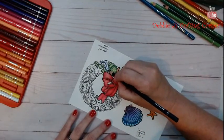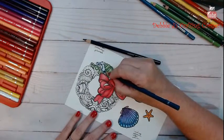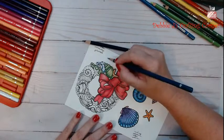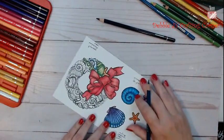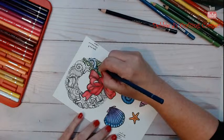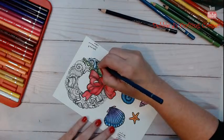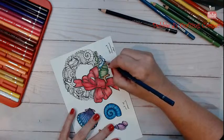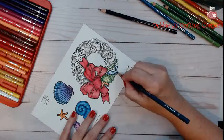That is pretty. I'm going to come back in with this mid-tone. Let's pull some color. This is going to go really well with the Peacock. Peacock actually reminds me of Peacock Feathers distress ink. I think those colors are really close, which may be one of the reasons why that distress ink was named that. I'm going to need to go back over with the dark, the Indigo, though, because this isn't going to...